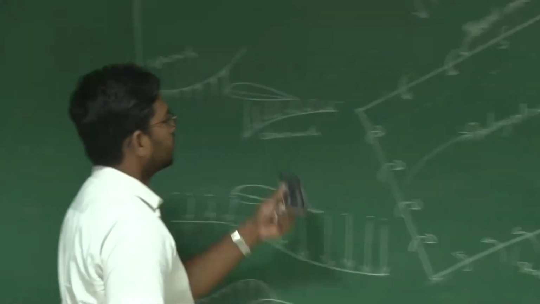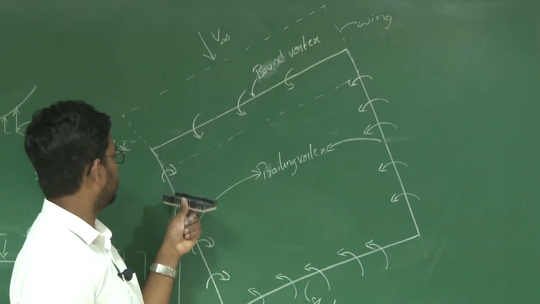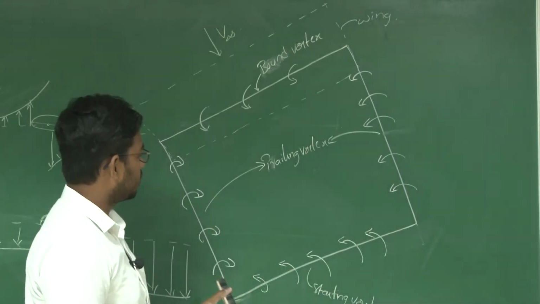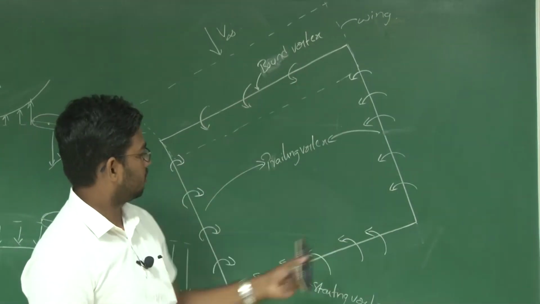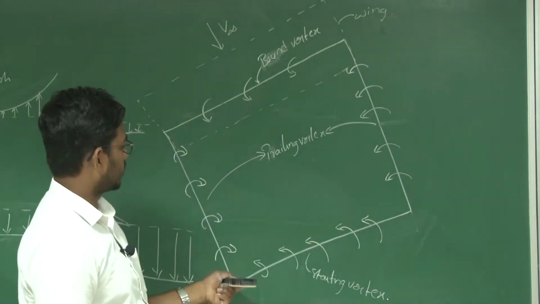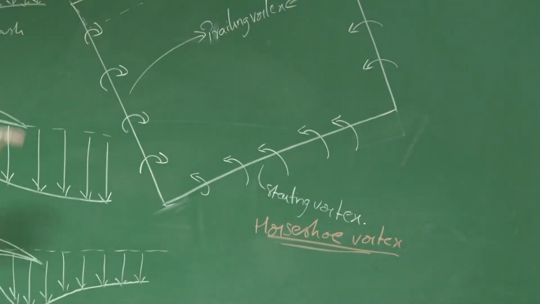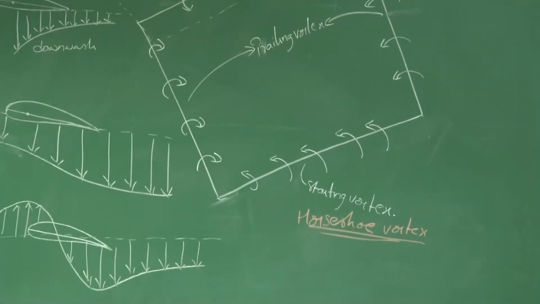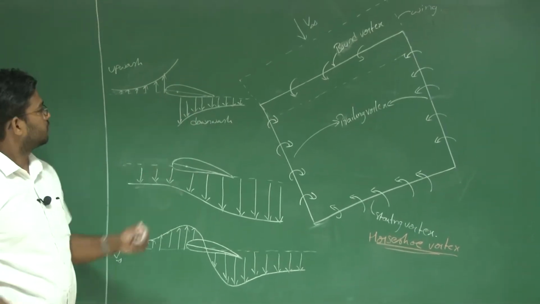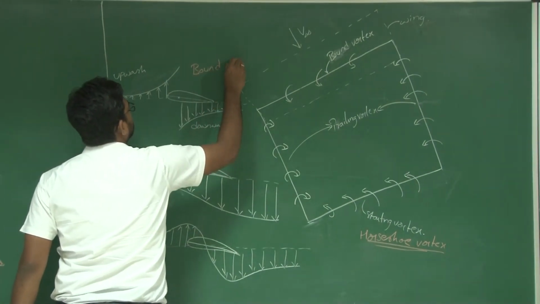According to lifting line theory, the wing can be replaced by a bound vortex, and the associated flow field can be replaced by two trailing vortices, and this vortex architecture is closed by a starting vortex. So this entire vortex architecture is known as the horseshoe vortex, right? So this bound vortex will create an upwash ahead of the wing and downwash behind the wing.